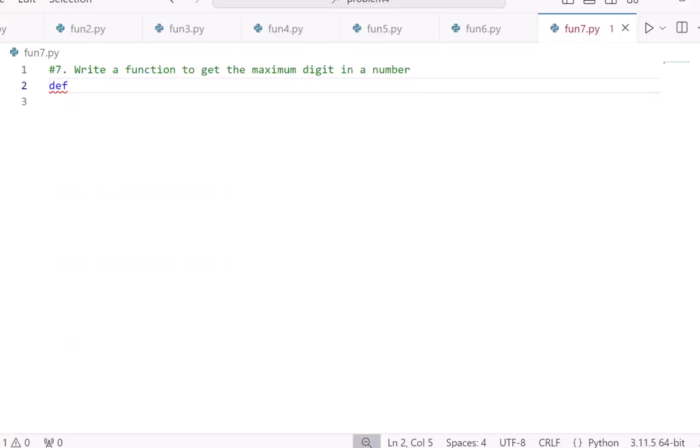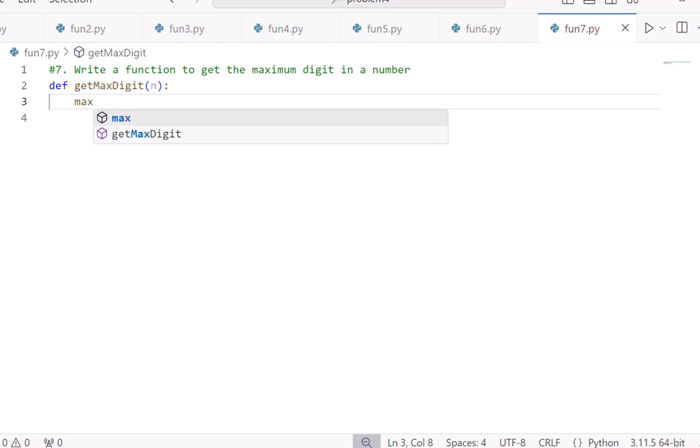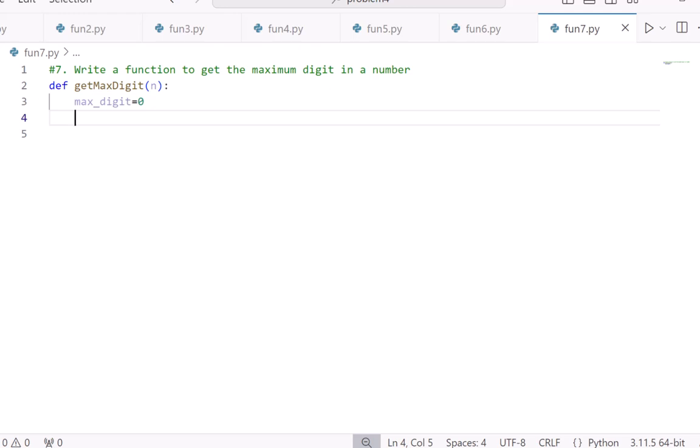Let's say def get max digit of n. Since we talk about digits, we don't care about sign. Digits are from 0 to 9. So we can easily here say max digit is equal to 0, because we know the range of values we are searching for. And the number is n. We will do integer division and